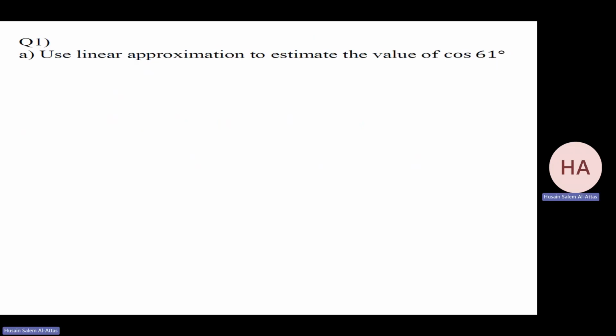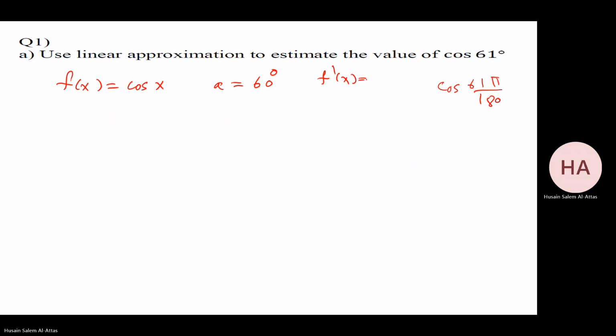Okay. Here's the linear approximation to approximate the value of cosine 61 degrees. You need to deal with these things as radians. 61 pi over 180. So what is the function? It's cosine x. What is a? 60 degrees. So what is f prime? It's minus sine x. L of x will be what? F of a plus f prime at a times x minus a. That will be f of a,